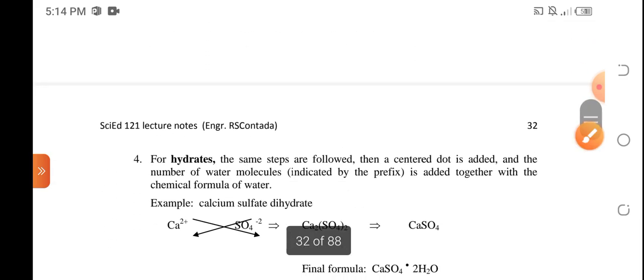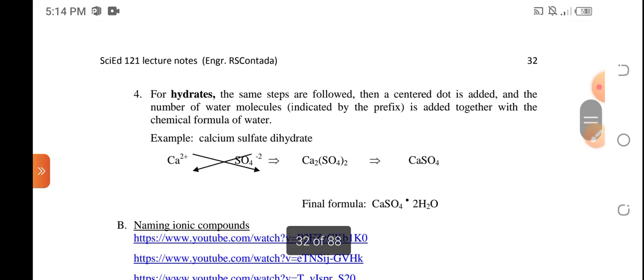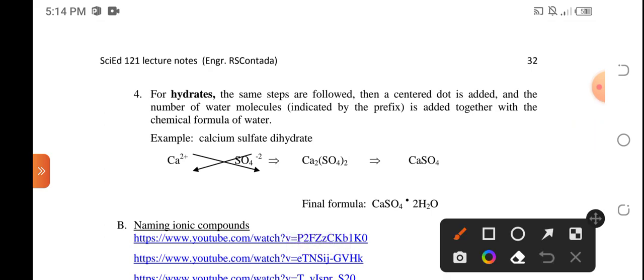Okay? Now, meron din tayong tinatawag na hydrates. Okay? For hydrates, of course, these are compounds with water molecule. Okay? And we are indicating the number of molecules by putting a prefix. Okay? So, parang ganito. Calcium sulfate, this is the anion part. So, kung ano lang yung na-discuss natin kanina, steps 1 to 3, uulitin lang natin. So, calcium will have positive 2. Isa lang ang charge ng calcium sa